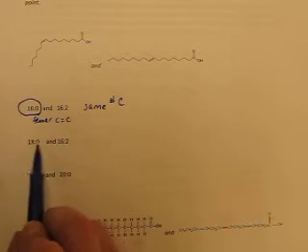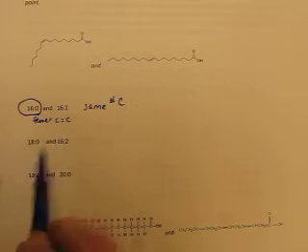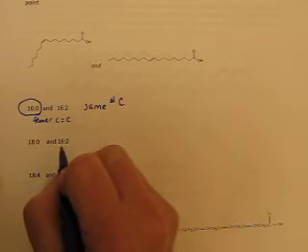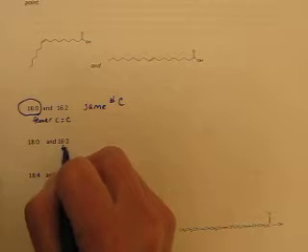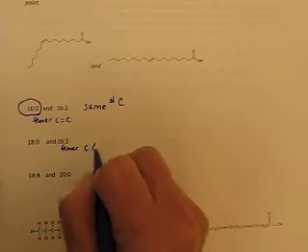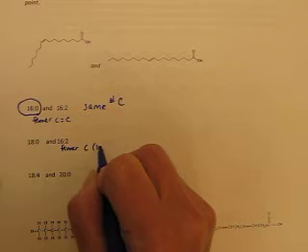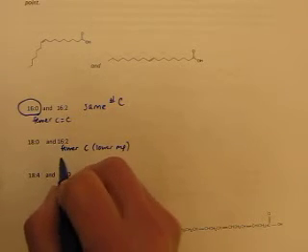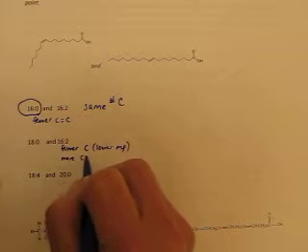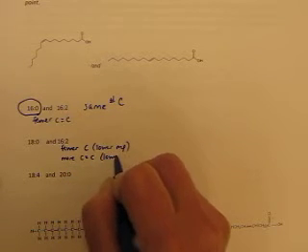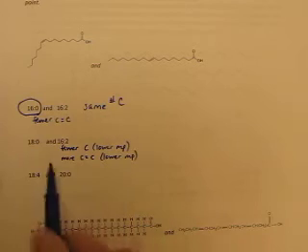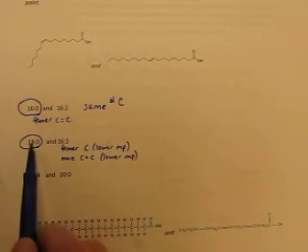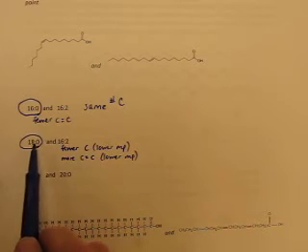On the next example, both the number of double bonds is changing and the number of carbons is changing. This second example has fewer carbons. That will make for a lower melting point. It has more carbon-carbon double bonds. That will also make for a lower melting point. So if we want to think which one will have a higher melting point, it will be this, because it has more carbons, fewer double bonds.